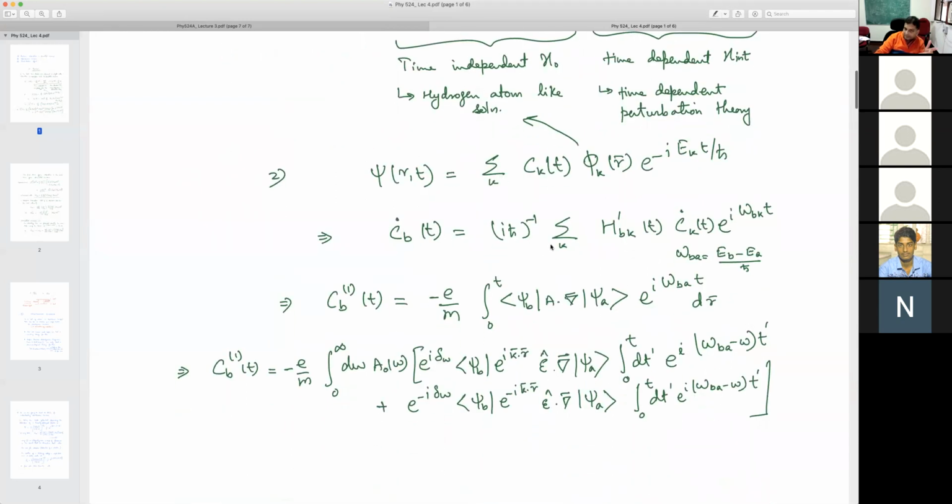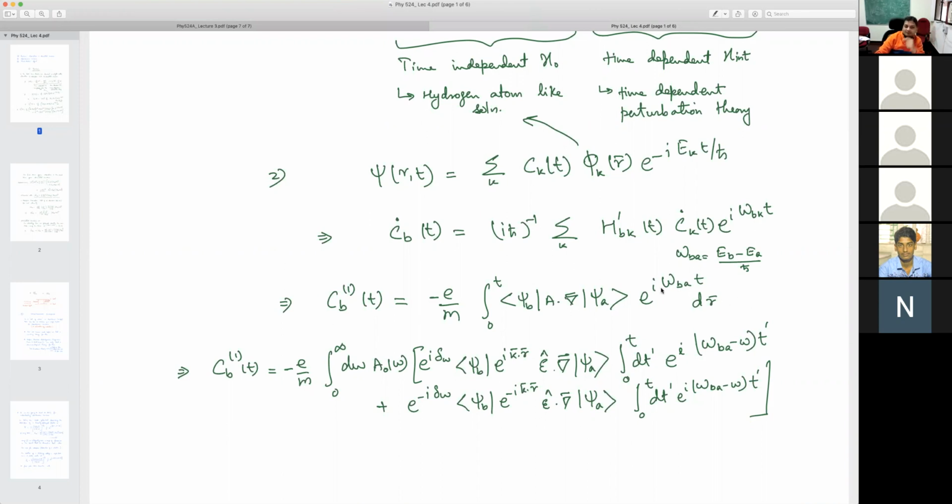And using time dependent perturbation theory, which we did in one of the first or second classes, we can write this solution for the arbitrary coefficients, the time evolution in terms of all other coefficients. The way the perturbation theory goes is I take the ground state. I start from some assumption that initially the system was in that state, and on the right hand side, I substitute that. On the left hand side, I'll be left with first order perturbation plus the ground state properties. And that I will call the first order perturbation theory, which is this equation here.